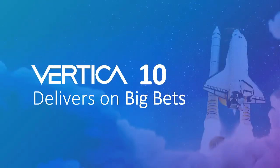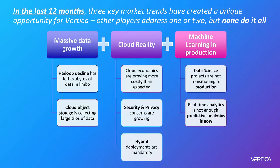Okay, so now let's talk about Vertica 10 and how we're delivering on what we're calling our big bets. So what are the trends that we've seen? And I touched on them in terms of how we got to this unified analytical warehouse, but we get questions all the time. Who are your competitors? Who do you compete with? We compete with a lot of different open source alternatives, traditional enterprise data warehouse as a service. But what we say is none can do the 3 things that we can do in being able to embrace